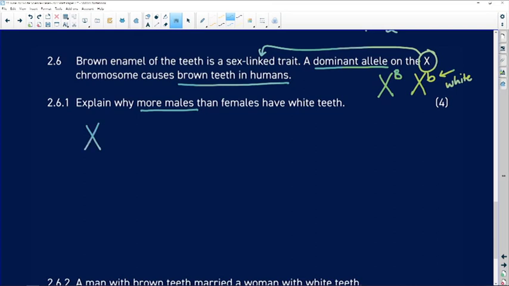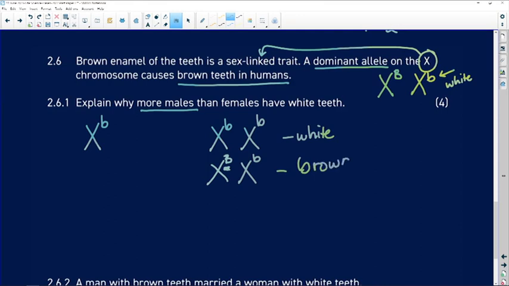So in order for a male to have white teeth, he's got to have the recessive allele. A female that has two recessive alleles will automatically have white teeth. But as soon as she has one of those alleles that has the brown-toothed allele, she's going to have brown teeth.